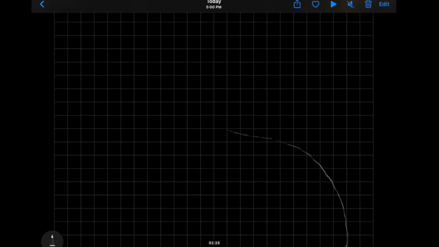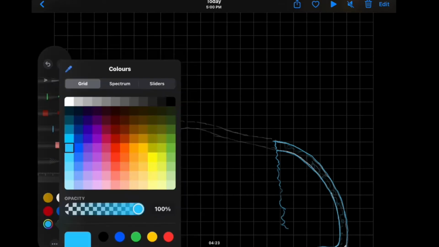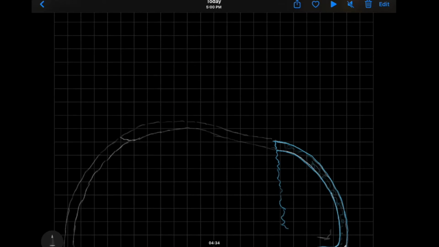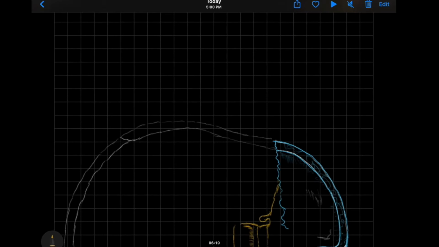So here, this is the outline of the skull and this is the frontal bone part, and here the parietal and the occipital part. This is the frontal bone of frontal cranial fossa. I'm drawing the border. This is the diploe, and here we have the sphenoid bone, and in sphenoid bone I'm drawing the prechiasmatic fossa, and here sella turcica, and here we have the sphenoid bone.